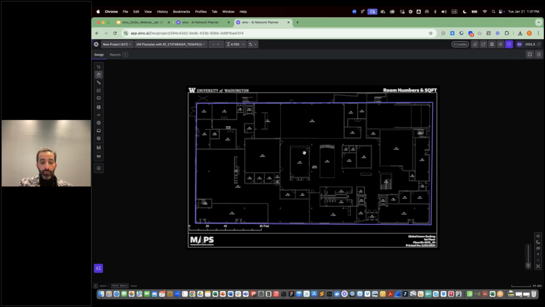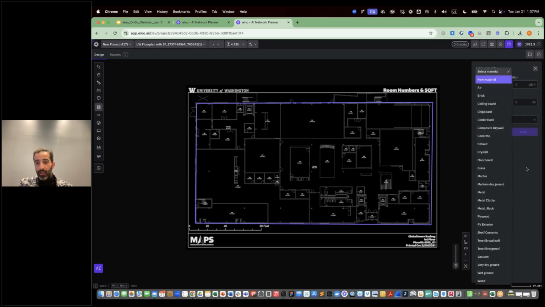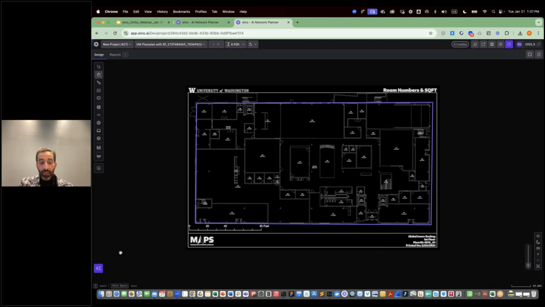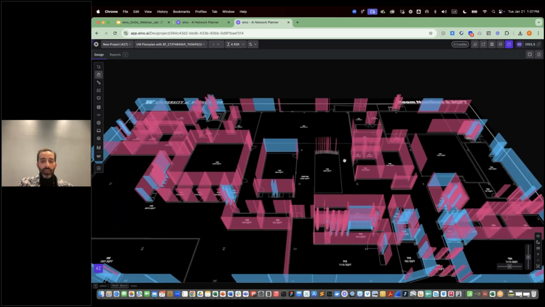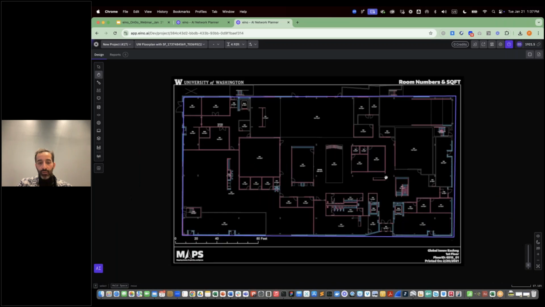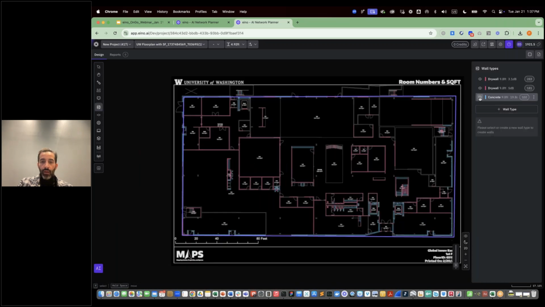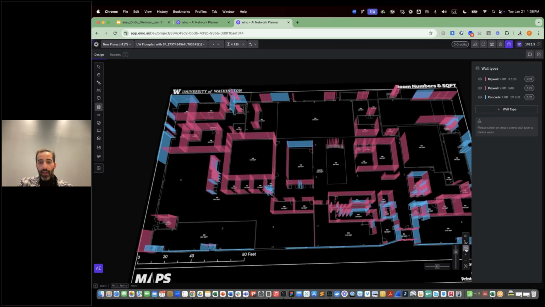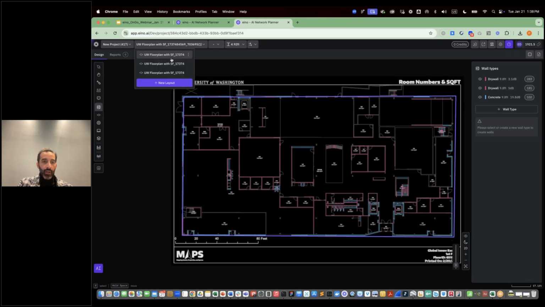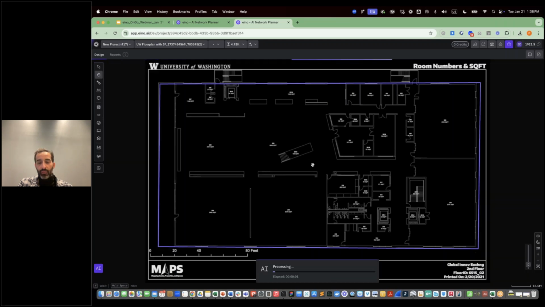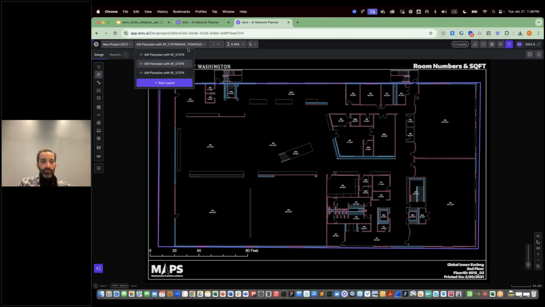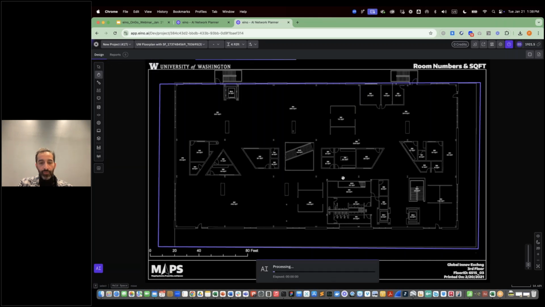And from here, like any other tool, we have all sorts of walls and materials and everything that you could manually draw. But if it's a vector file like PDF or DWG, you could use our AI and basically ask it to generate the walls for you. The quality of this process depends on the quality of the drawing. What we promise our customers is that you would never spend more than 5-10 minutes to clean up. It does the initial work, and then you first make sure the assumptions on the material, thickness and height are correct, and then check if there are some missing walls. So this is my first floor. I use this for a second one, and then the third one. So easily I have 95% of my walls